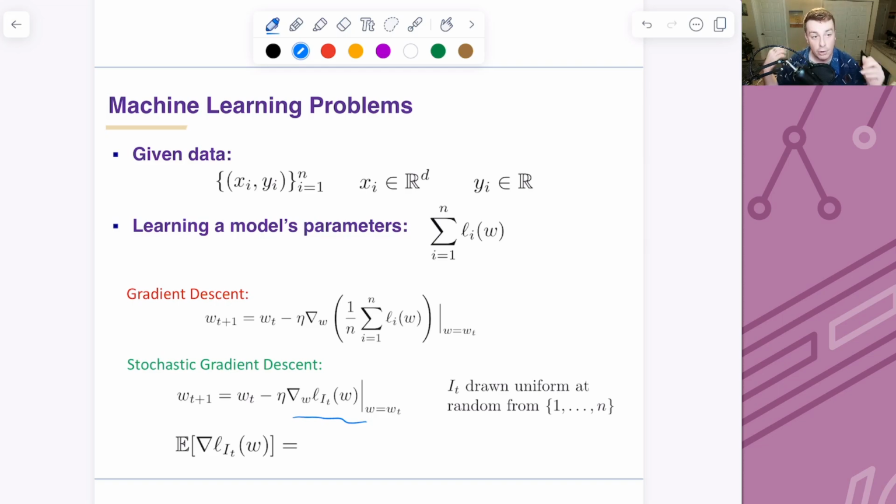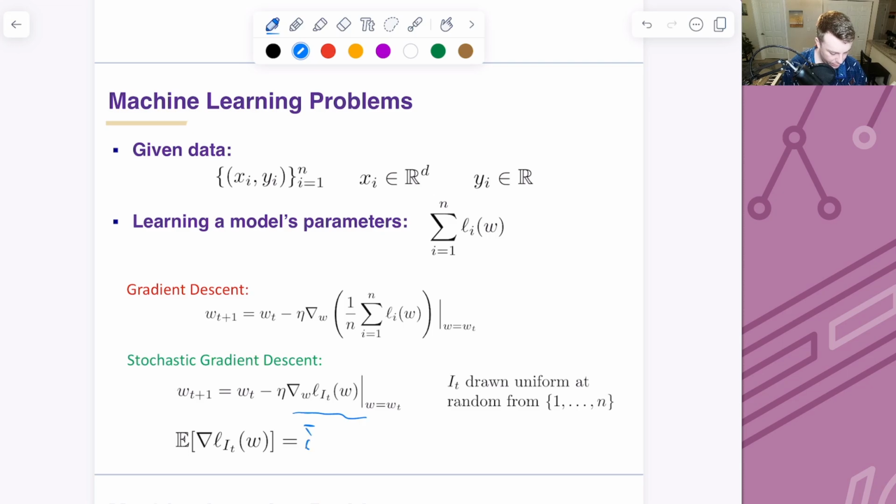So instead of computing the gradient of the loss function over the whole data set, I'm hoping that just by computing the gradient at one data point, that's a good enough estimate. Now, why does this work in theory? Well, it works because this estimated gradient is actually an unbiased estimate. So if I look at the expected value of the gradient, this is equal to